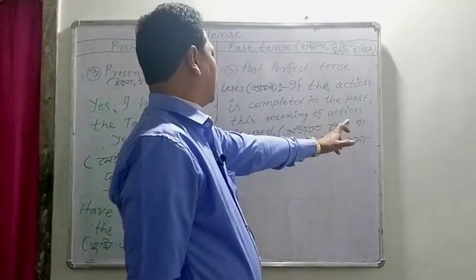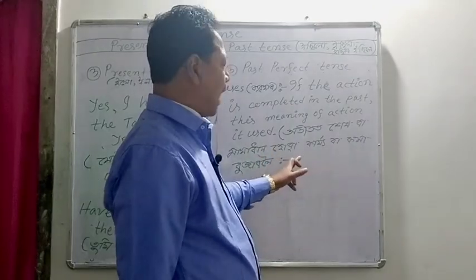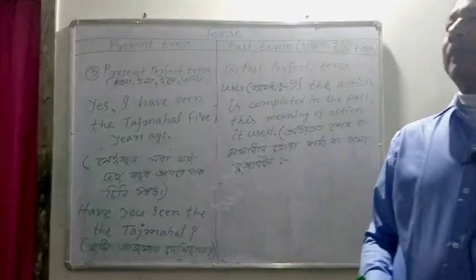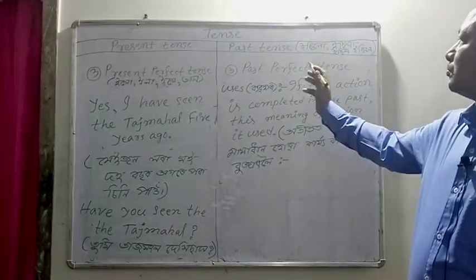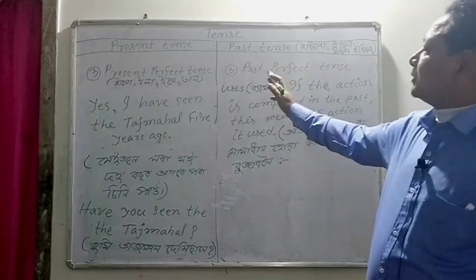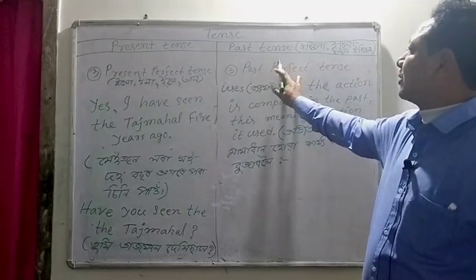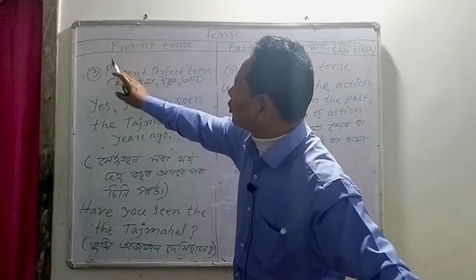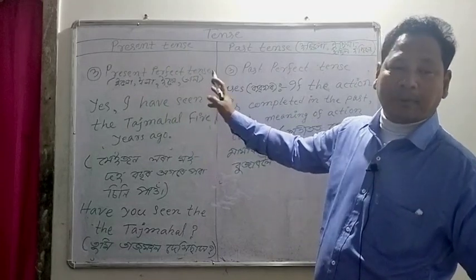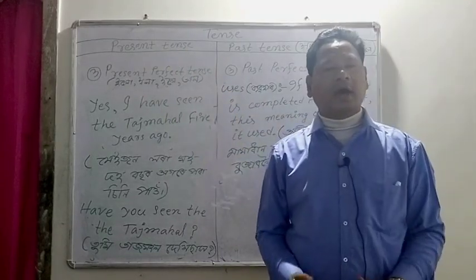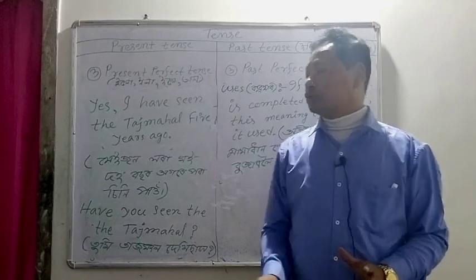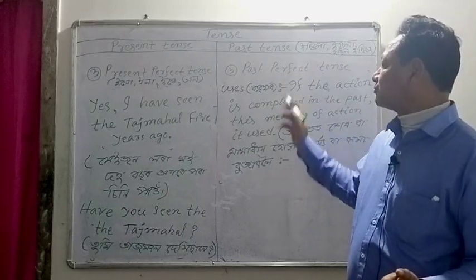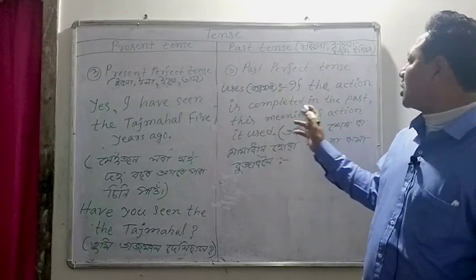Observe now, অতীতত শেষ বা সমাধান হোৱা কাৰ্য বা কথা বুজাবলৈ past perfect tense ব্যৱহাৰ কৰা হয়. That means past means অতীত, perfect means সমাধান হোৱা. Exactly, again, present means বৰ্তমান, perfect means সমাধান হোৱা. In English language, perfect is complete, solved. So according to the tense name you can get some knowledge here that perfect means